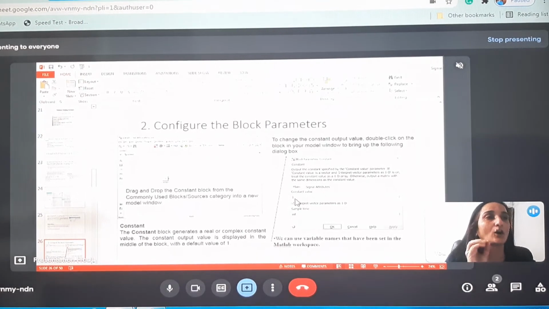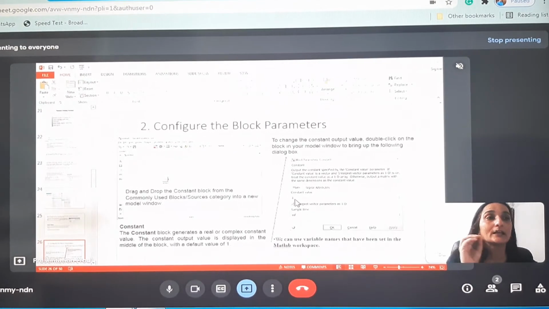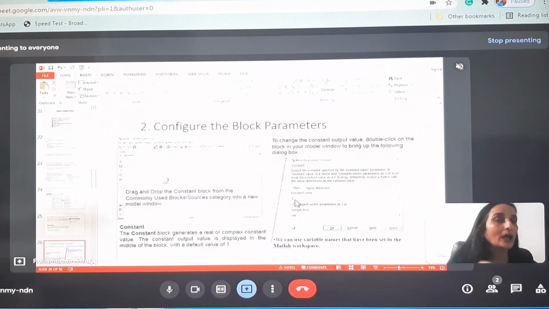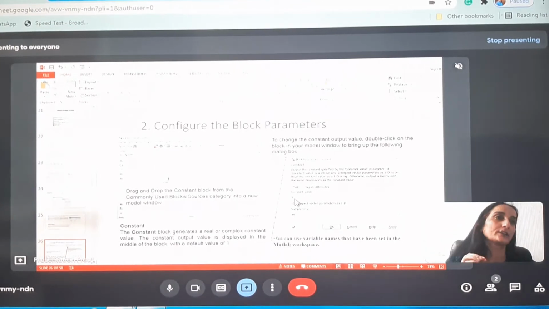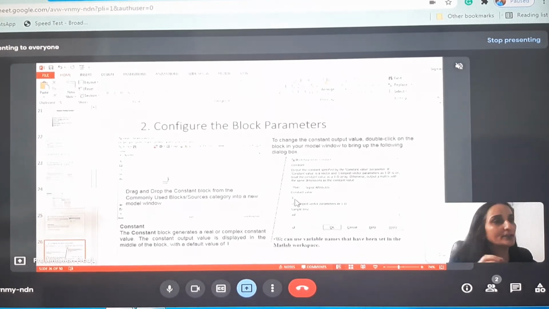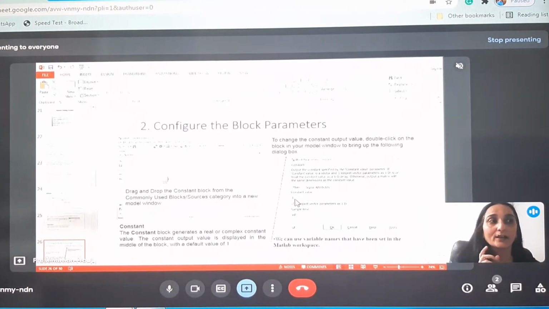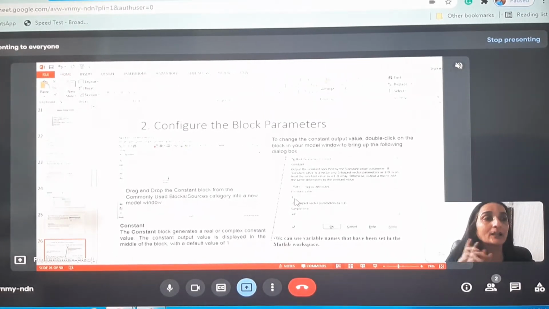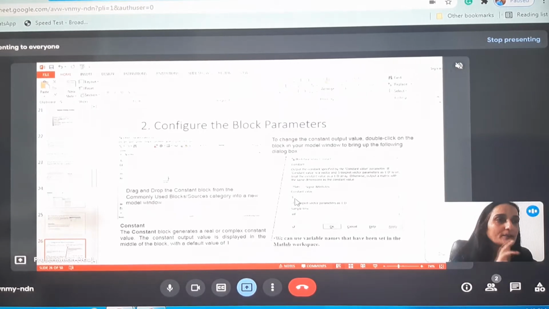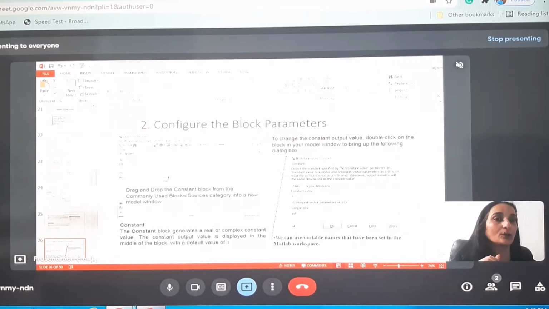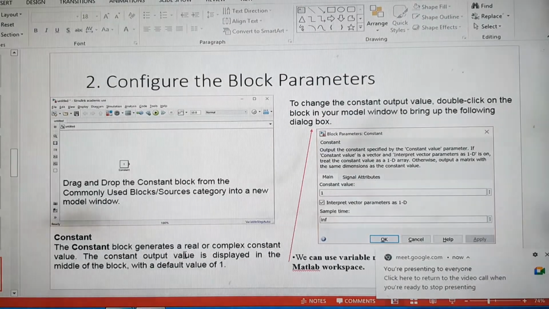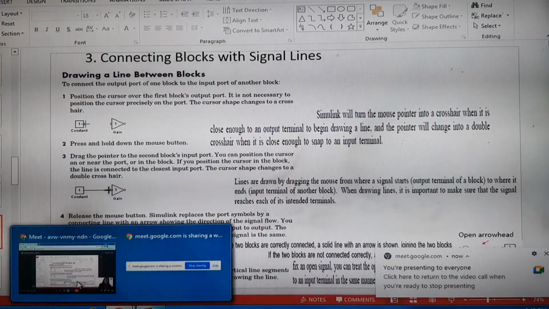Type or define these in the command window as a scalar or vector using MATLAB syntax. So that's why I told you earlier that data can be imported from the MATLAB workspace. Now, next slide.